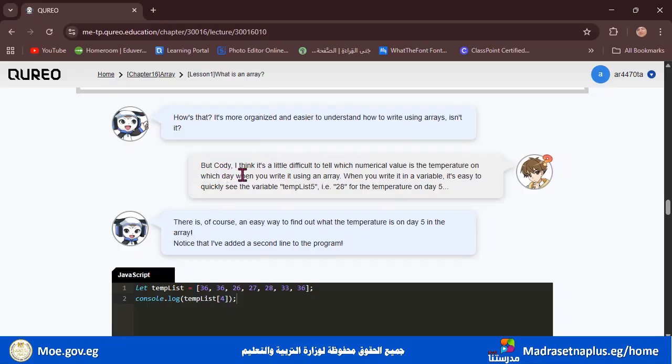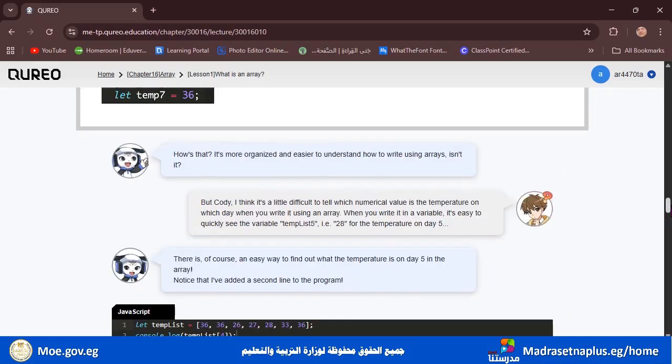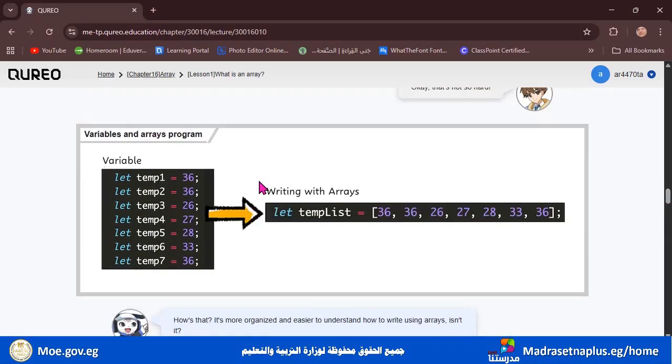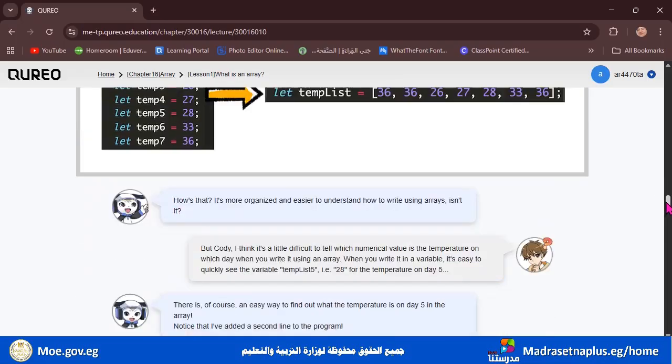But Cody, I think it's a little difficult to tell which numerical value is the temperature on which day when you write it using an array. Meaning, look here, we have the values, but we don't know which day. In the program Ricky wrote, it was clear that this temp1 is the first day, the second day was 36, the third day and so on. But here it's not clear which day each value belongs to. So this is the point that Ricky is talking about.